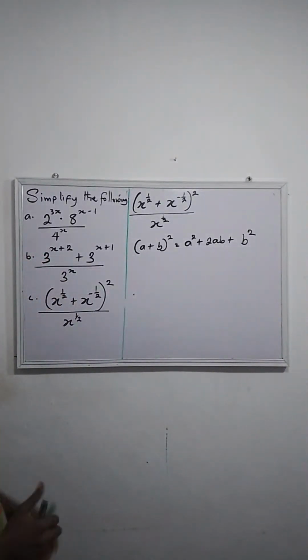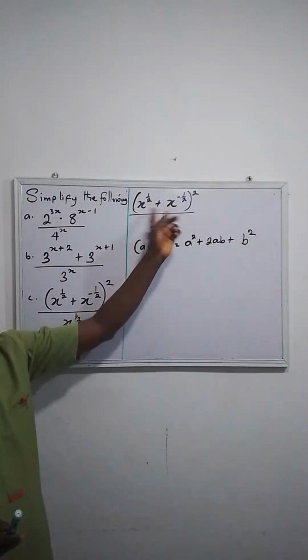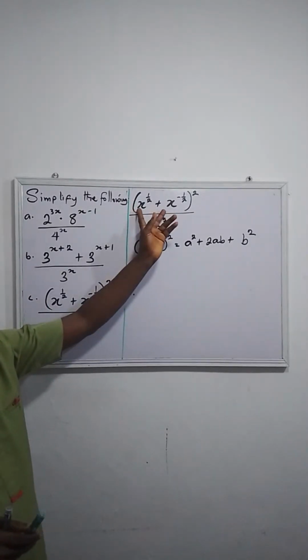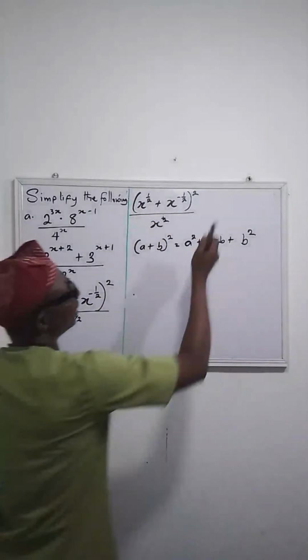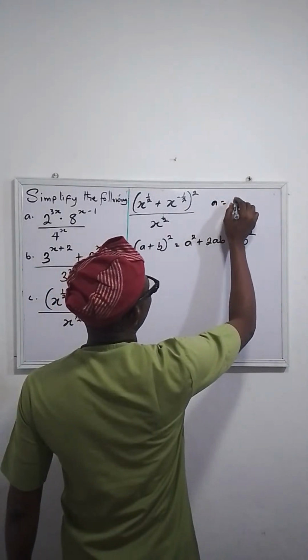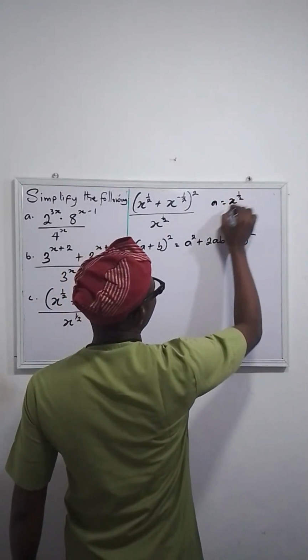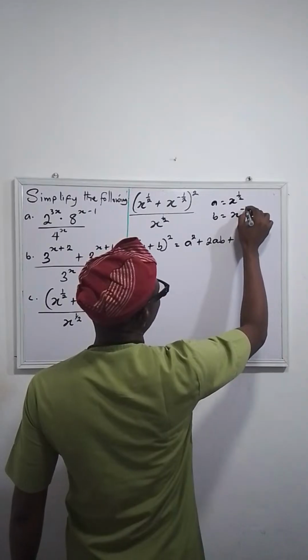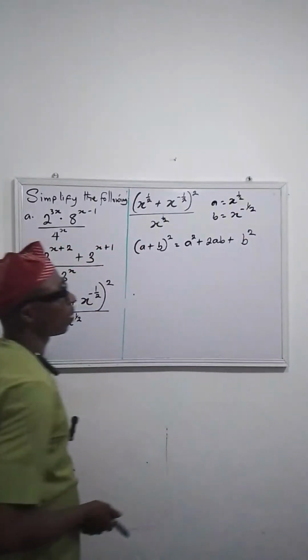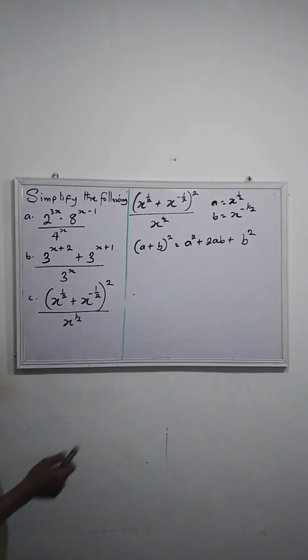Okay, so now I'm working with this numerator here. In this numerator, a is the same thing as what? A is the same thing as x raised to the power of 1 over 2, while b is x raised to the power of negative 1 over 2. Okay, so now this question,